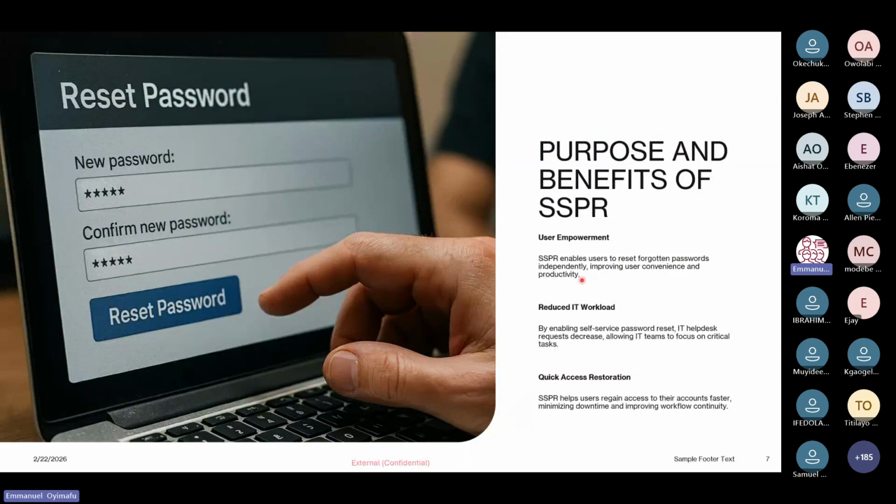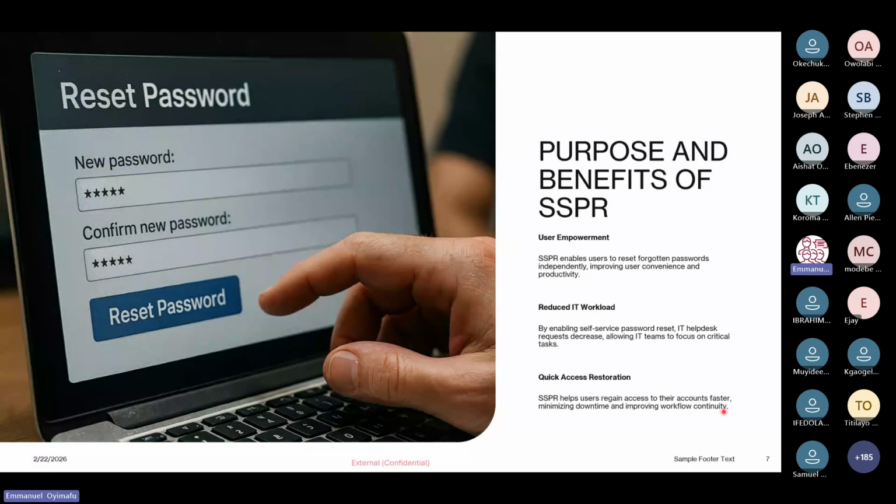Another thing SSPR helps users with is quick access restoration. It helps users regain access to their accounts faster, minimizing downtime and improving workflow continuity. Maybe somebody is trying to sign in to perform a task and he forgot his password, because maybe he wants to sign into a new browser. At that time, if the person contacts me, and maybe I was working on a task and I don't want to leave it, I'm delaying the person.